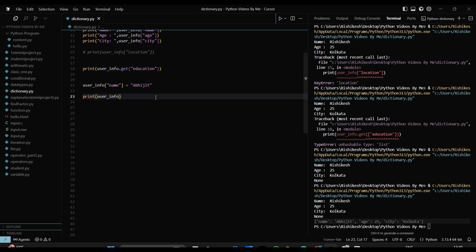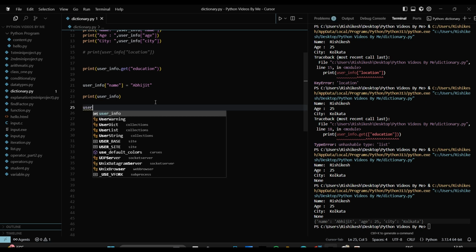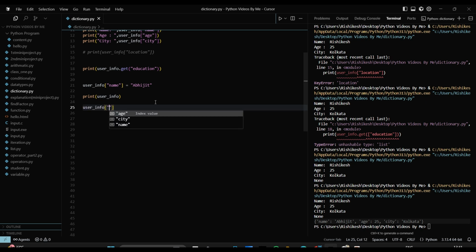So let's put some other value inside our dictionary. To add a new key value pair, you just use a new key and assign its value. Suppose I have user information that is the education, I want to put it in our dictionary. So simply I can write here user info followed by square brackets and key name education, that is BSc,